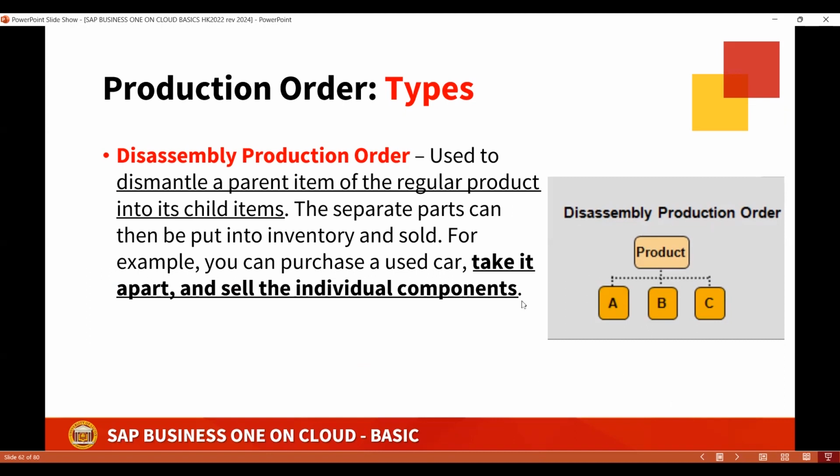And just like this particular image, from this finished product or parent item, it can be disassembled into sub-components. And these sub-components can still be returned in our inventory or can be sold as well.